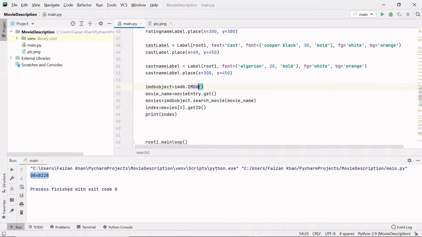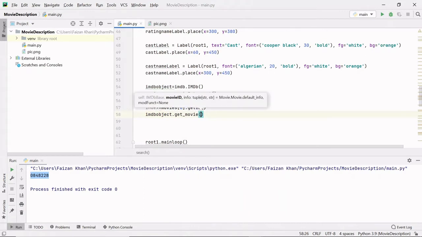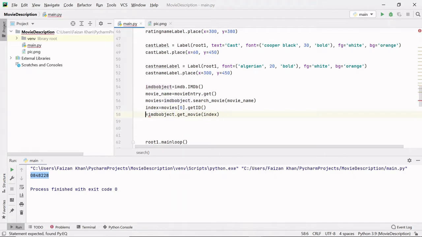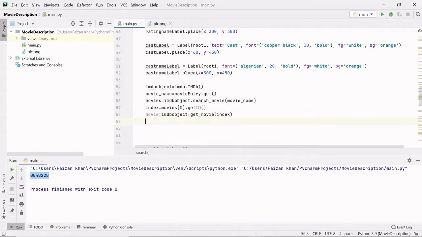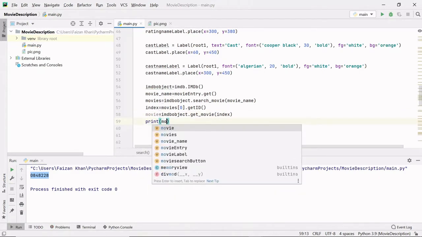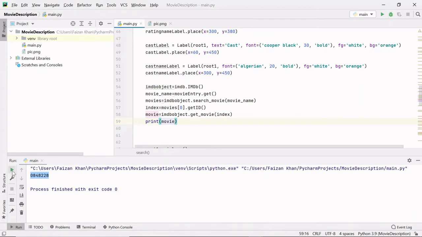So we'll have to use another method of the IMDb class to get that movie with the help of this index. I'm going to write the object name, IMDb object dot get movie, and here I have to pass this index which simply contains this ID, and this will return us the movie. I will store that in some variable. The variable name that I'm going to take is movie here. If I print this variable movie, let's run